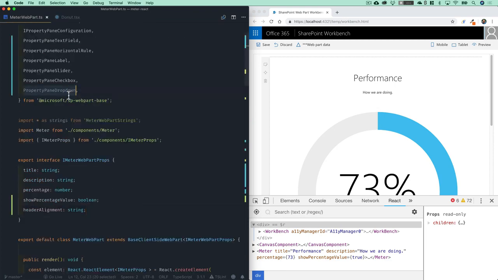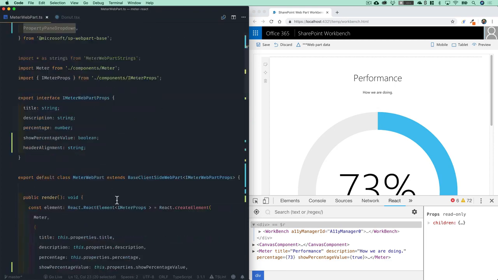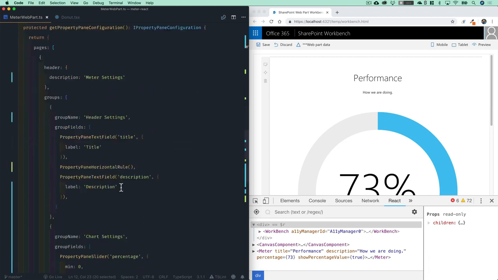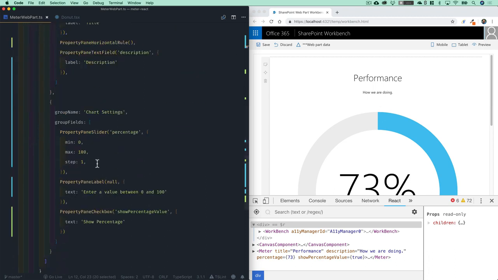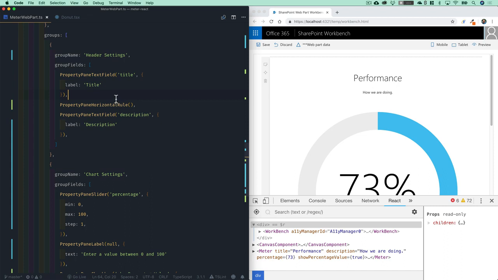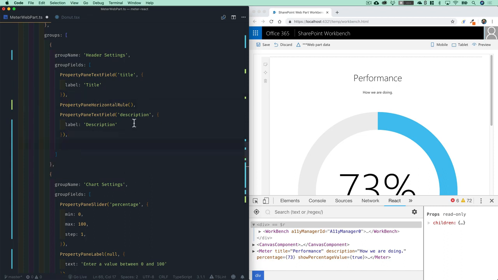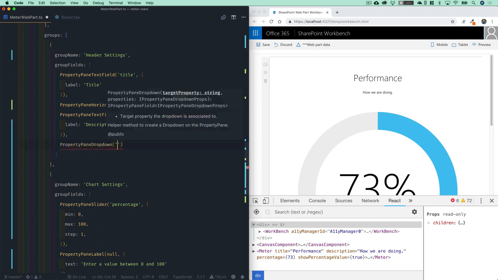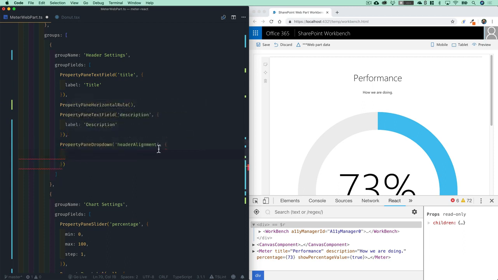And we need to create the control for that. So let's go ahead and use this property pane dropdown, go down to our property pane configuration method, and we'll add this to the header settings because this has to do with a header. And down here below our description text field, we will add property pane dropdown. The target property will be header alignment, and then it accepts, as always, an object that contains a configuration for